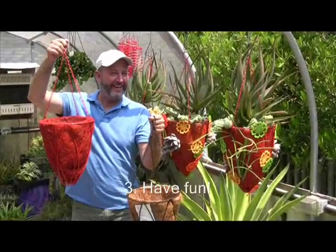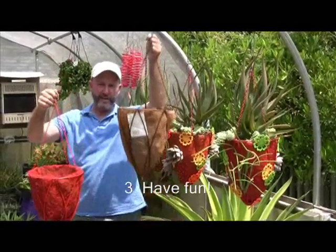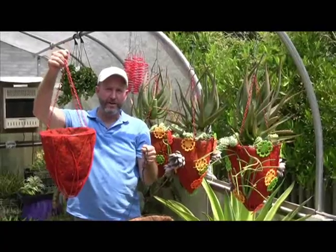Tip number 3, let's have fun. You can take a container like this, add a little color, and before you know it,